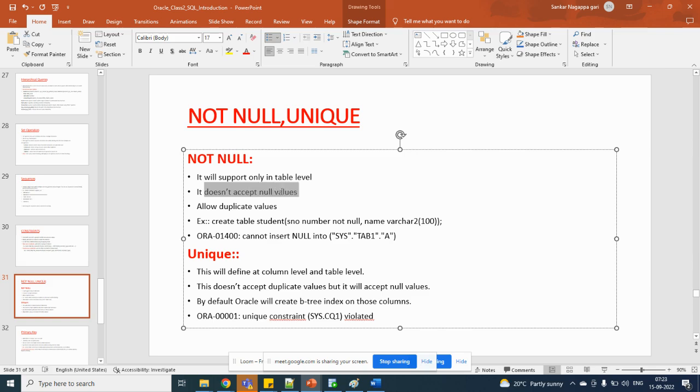It will accept duplicate values also, but we should not pass the null value for the specific column. If we are passing it, we'll get the error, Oracle 1400: cannot insert null into table. If you want to specify a constraint name for not null, you can specify the keyword constraint and